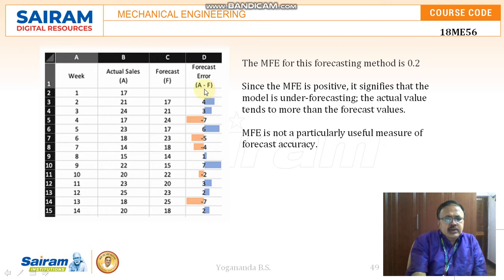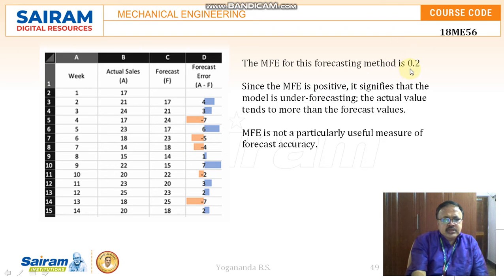The forecast error is the difference between the actual sales and the forecasted values. Taking the summation of all these positive and negative values and taking the average for these 13 weeks of error,